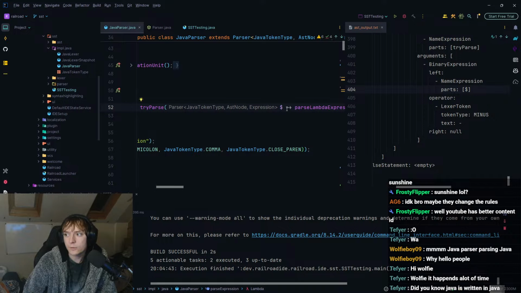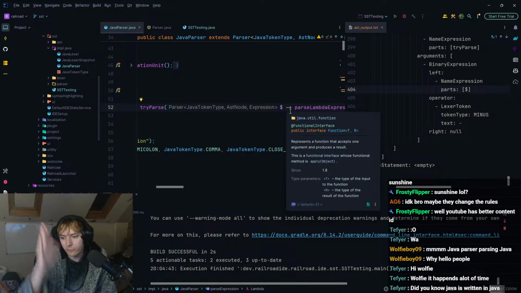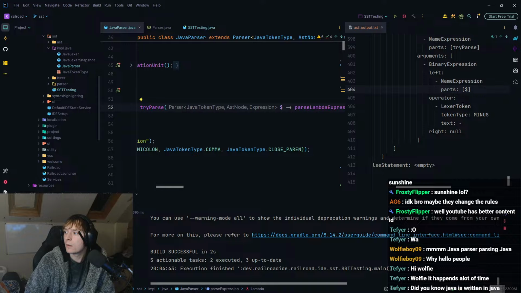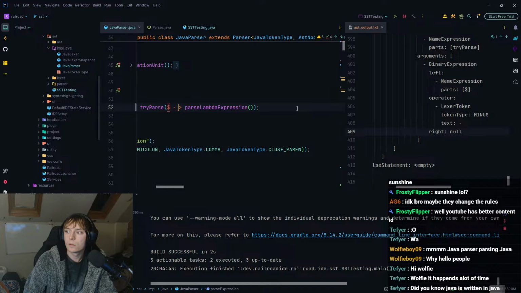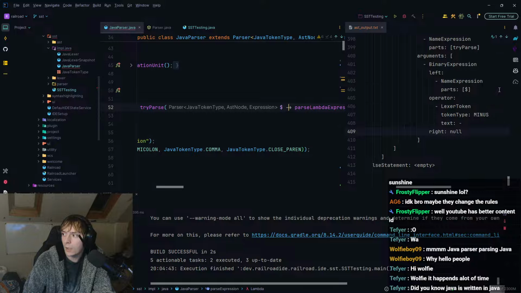So it thinks you're doing one thing minus something else, which means that's why the right side is null, because it doesn't know it's a lambda. It can't pass the this right angle bracket as an expression, so it's null.